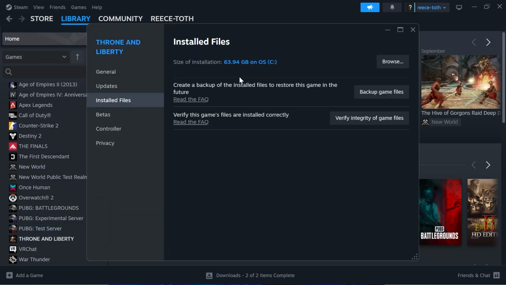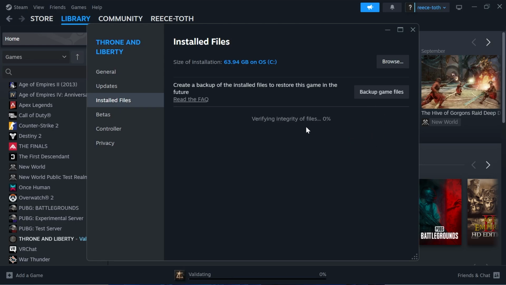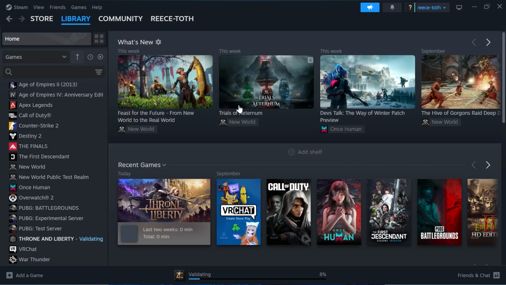Click on Installed Files, and then we're just going to press Verify Integrity of Game Files. This is just going to ensure that all of our files are in order and nothing's damaged or missing. Once this verifying gets to 100%, you can then close out of this window, and you're then going to right